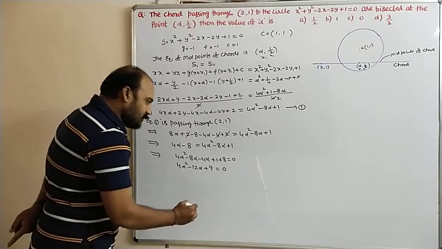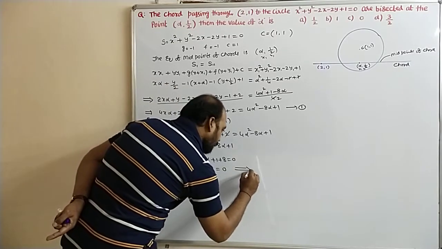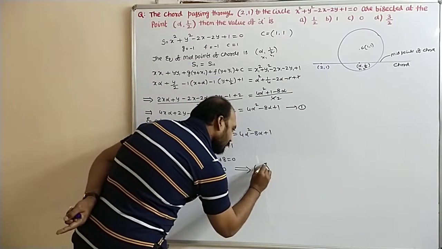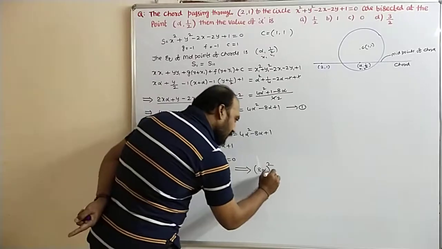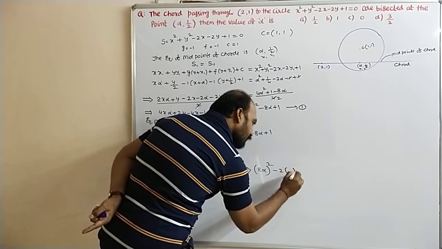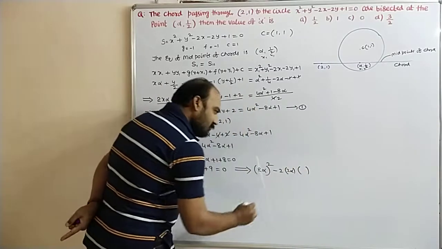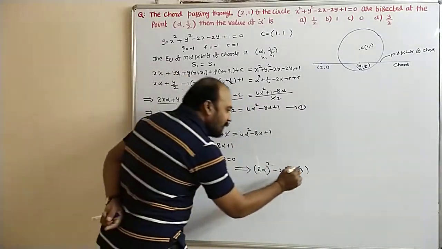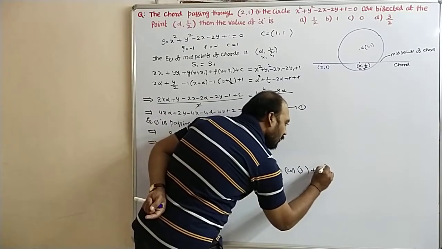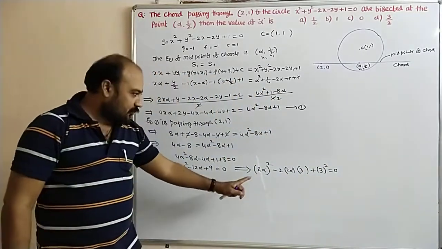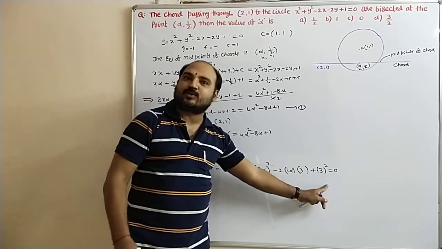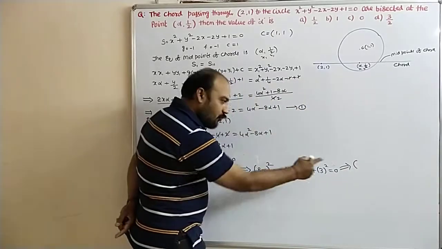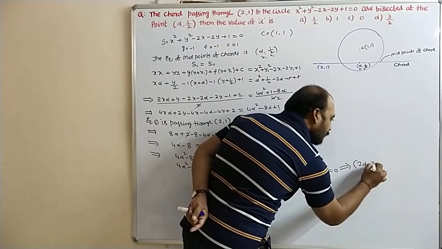This also can be expressed as 4 alpha square. We can write it as 2 alpha whole square. Minus 12 alpha can be written as minus 2 into 2 alpha into 3. Anyway, it is minus 12 alpha. 9 can be written as 3 square. It is in the form of a square minus 2ab plus b square, a minus b whole square. So, 2 alpha minus 3 whole square.